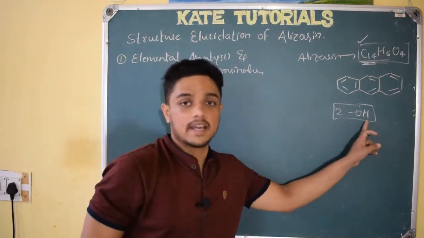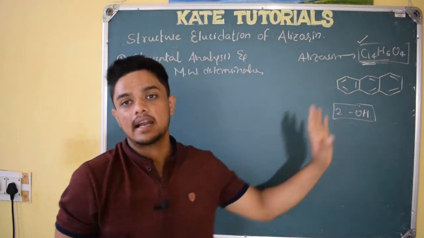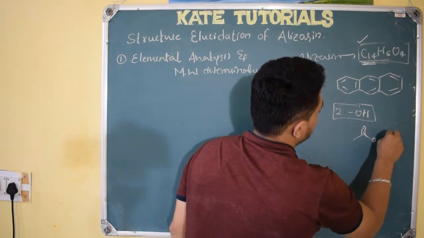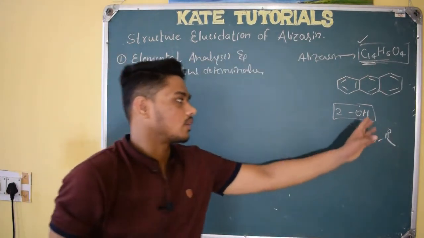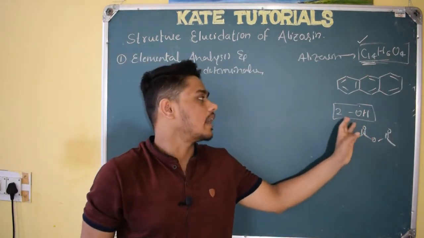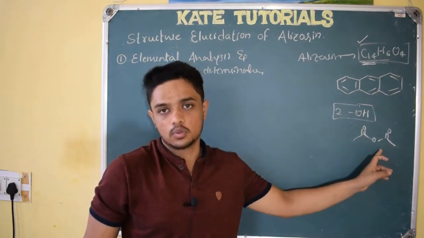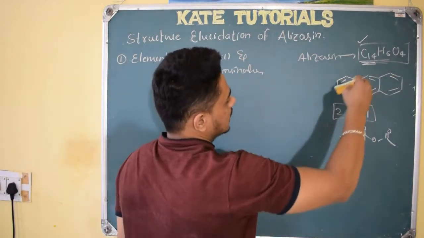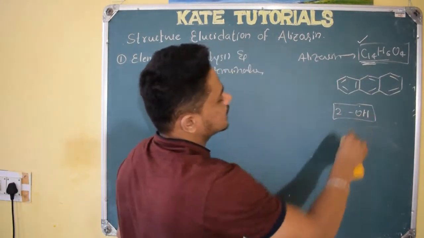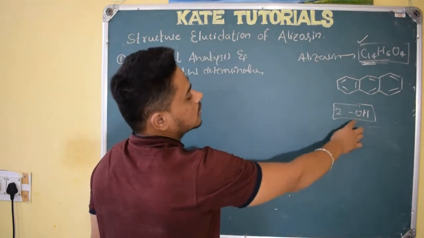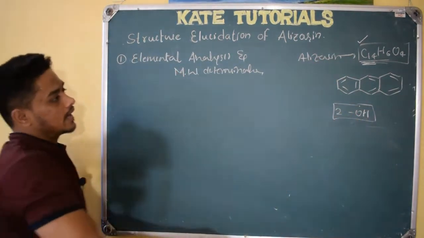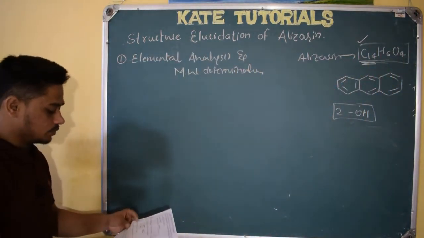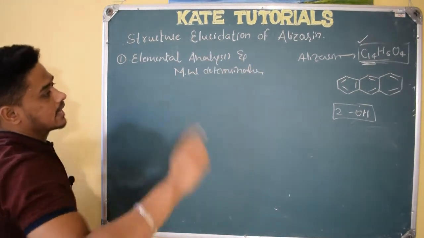Because of this OH only, it will react with anhydride, right? This acetic anhydride, CH3, OCO, CH3. Only ROH will react like this to give diacetate. So first we got the formula, the skeleton, and next this: alizarin has got 2 OH groups, right? I didn't account for the other 2 oxygen, right? That I will account now. So next reaction we shall go. These were the 3 conclusions we came up with.